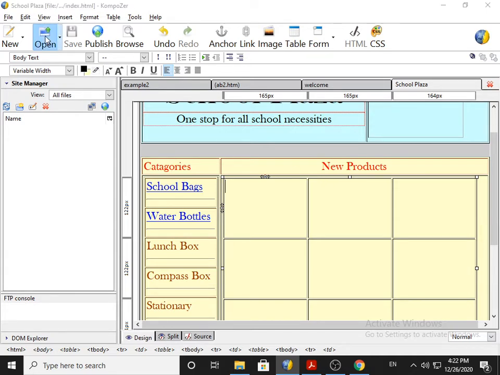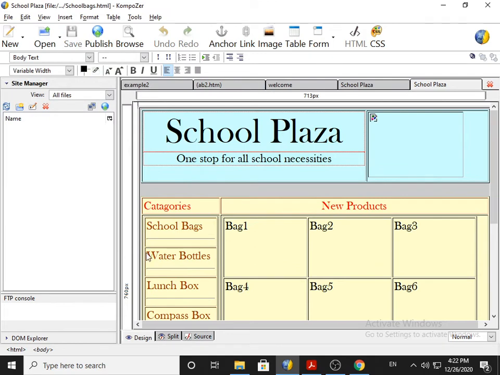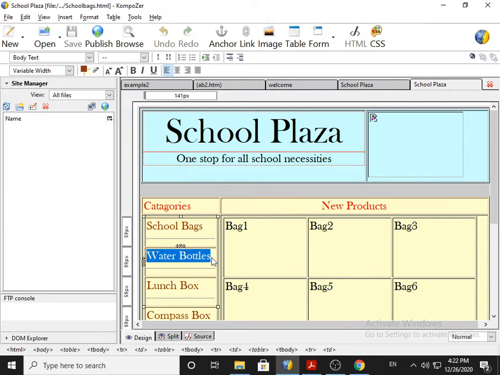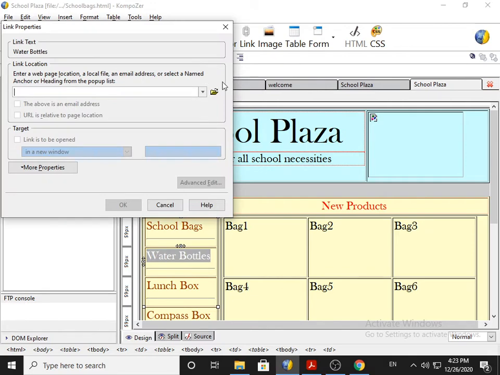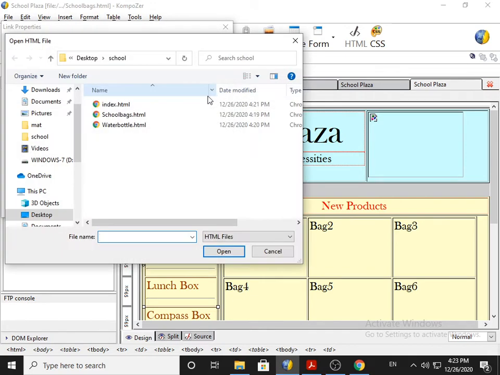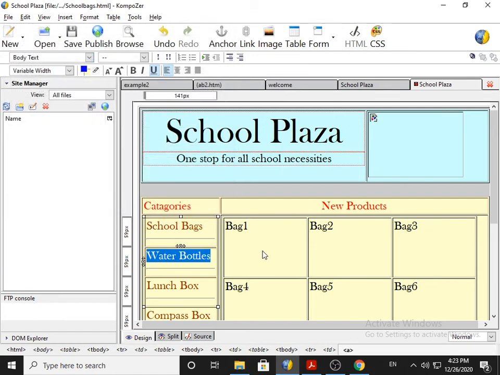I click on Open, then school bags, then I select water bottle, Insert, Link, Choose File and water bottle. So now things are done in a proper way.